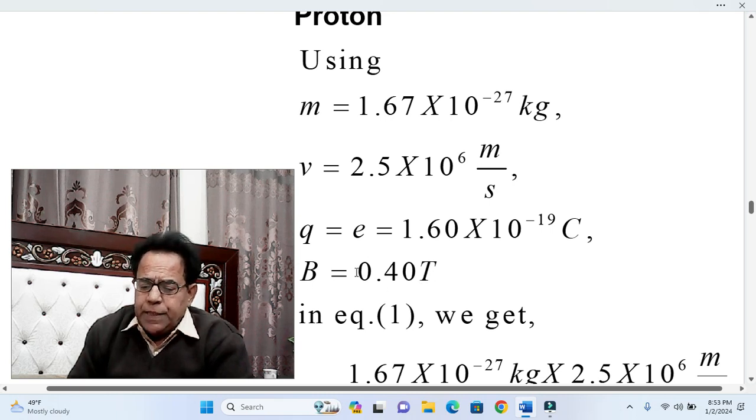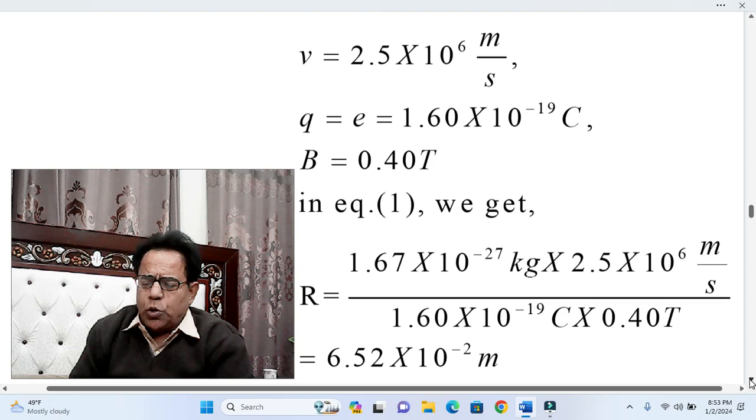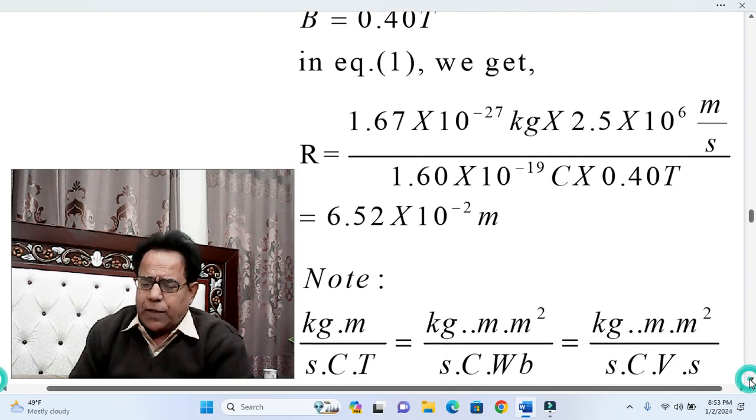B and V are given in the statement, m from the table of particle masses, and q or small e, the elementary charge, from the table of physical constants. When we put all these four values in equation number one, we get